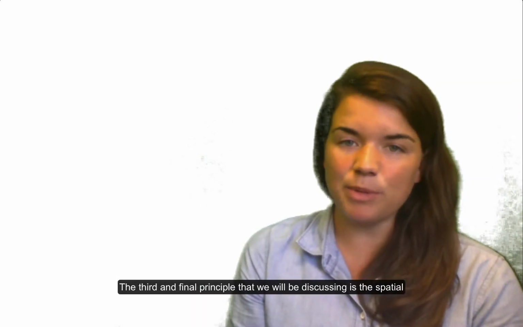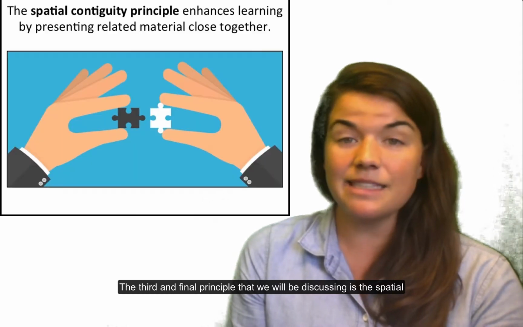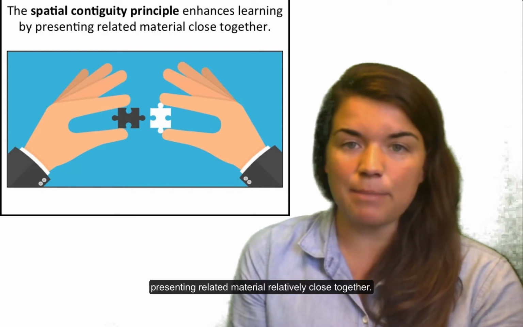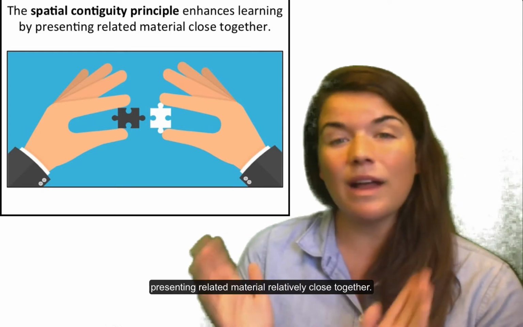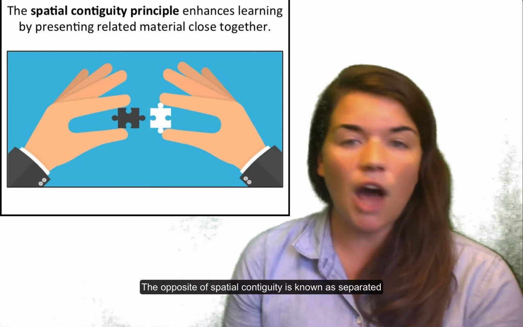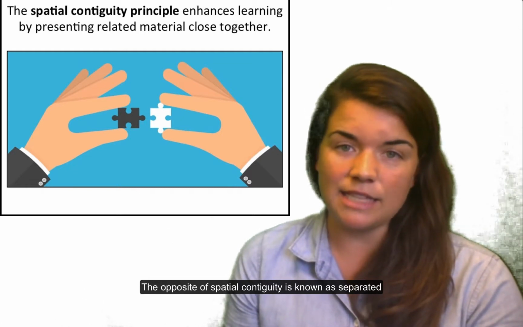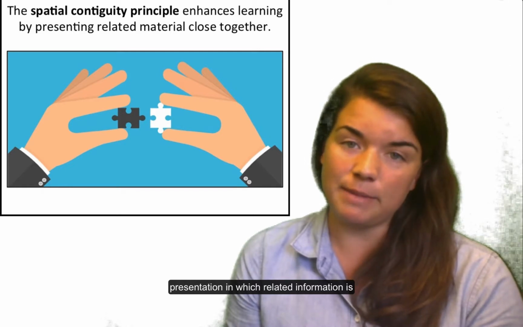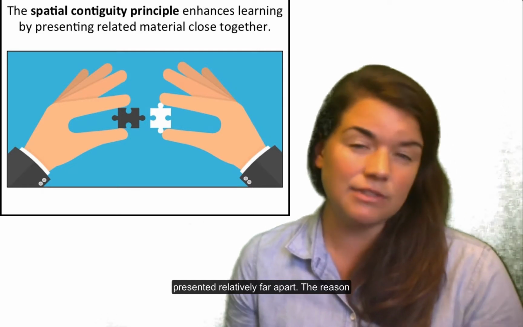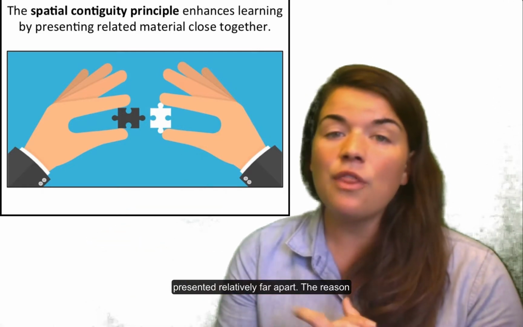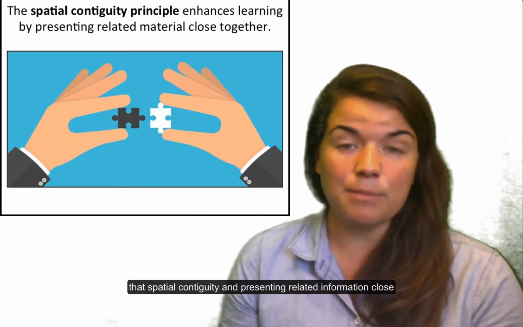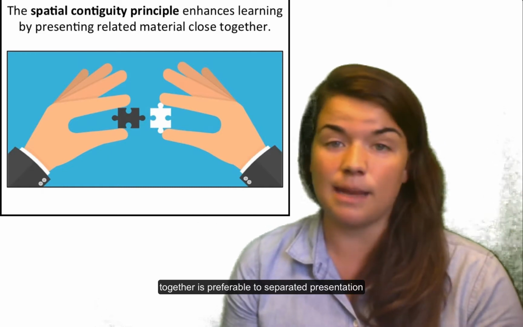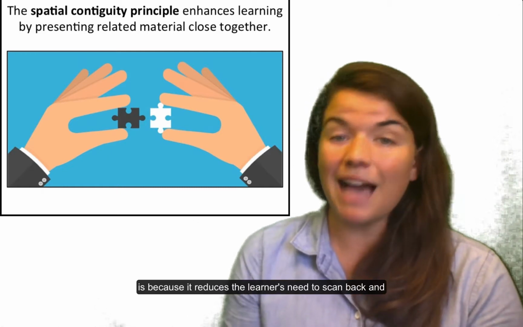The third and final principle that we will be discussing is the spatial contiguity principle. This principle enhances learning by presenting related material relatively close together. The opposite of spatial contiguity is known as separated presentation, in which related information is presented relatively far apart. The reason that spatial contiguity and presenting related information close together is preferable to separated presentation is because it reduces